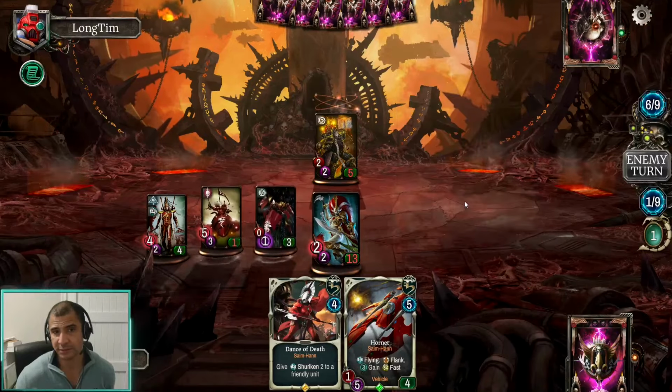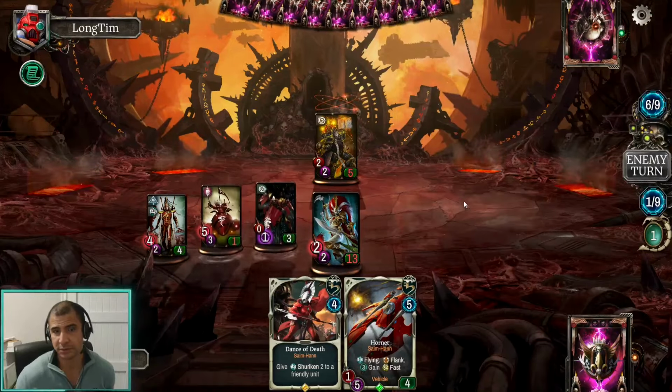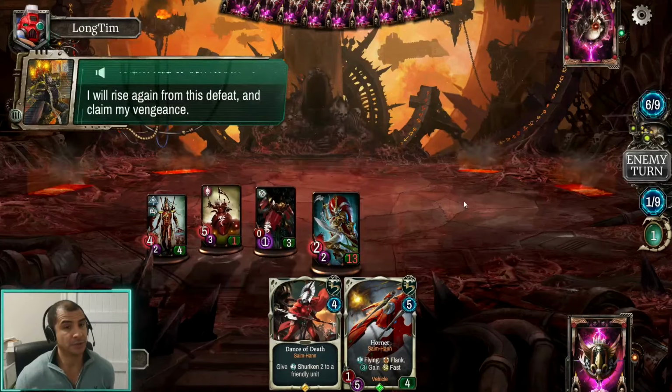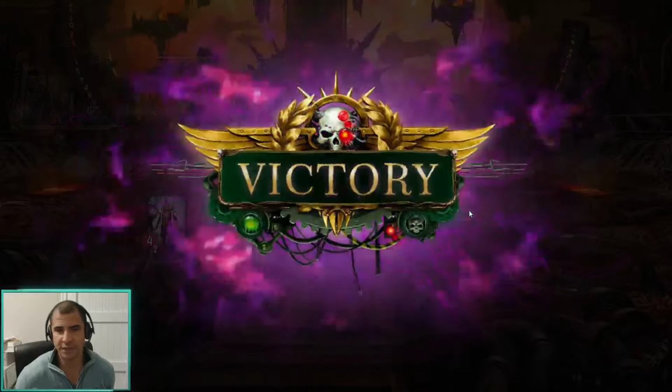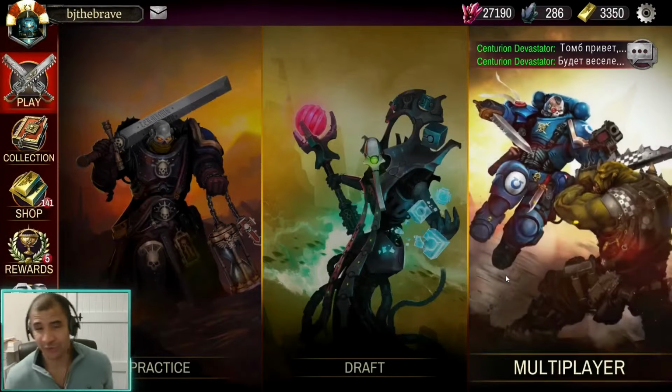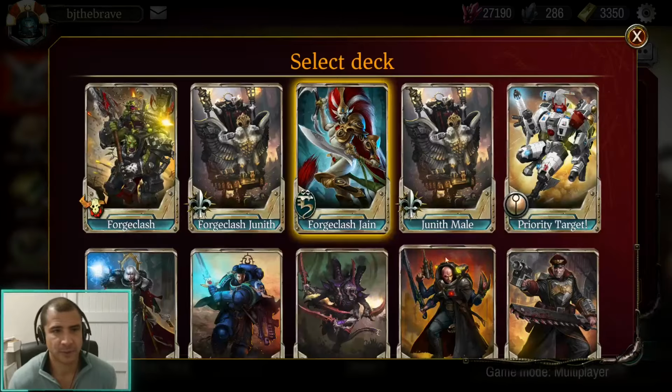He's digging. Got 2 troops there, so one of those is a spell. Nope, got him out of there. Okay, so Jain is now through. Junith is through. Which means we've just got to try and get a win with